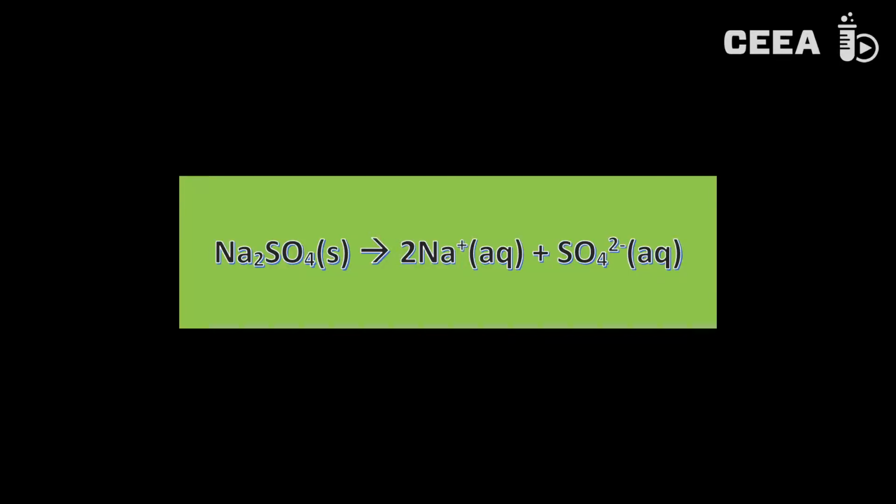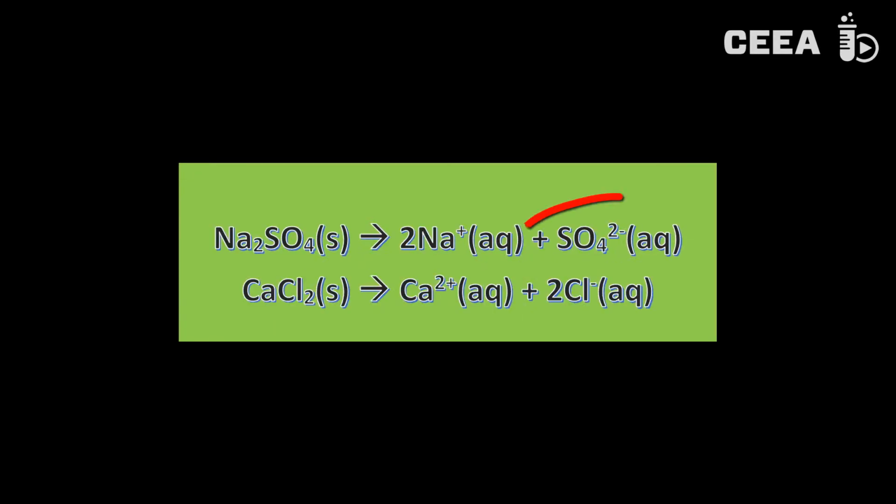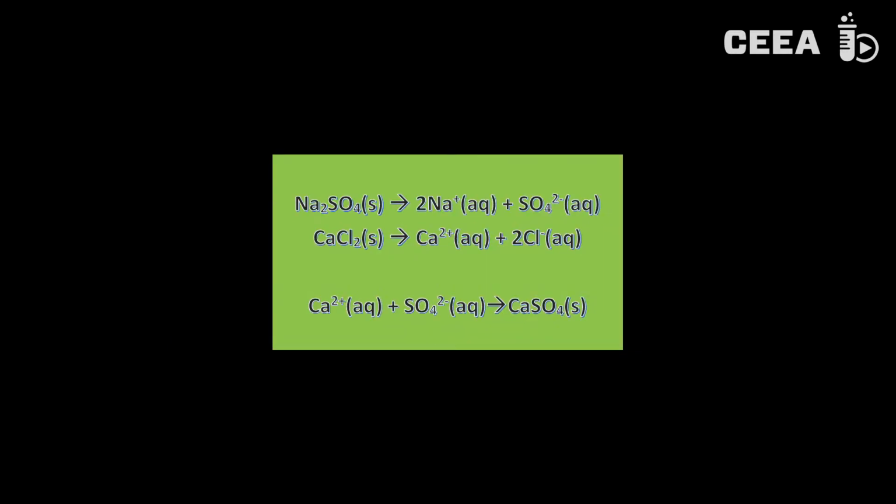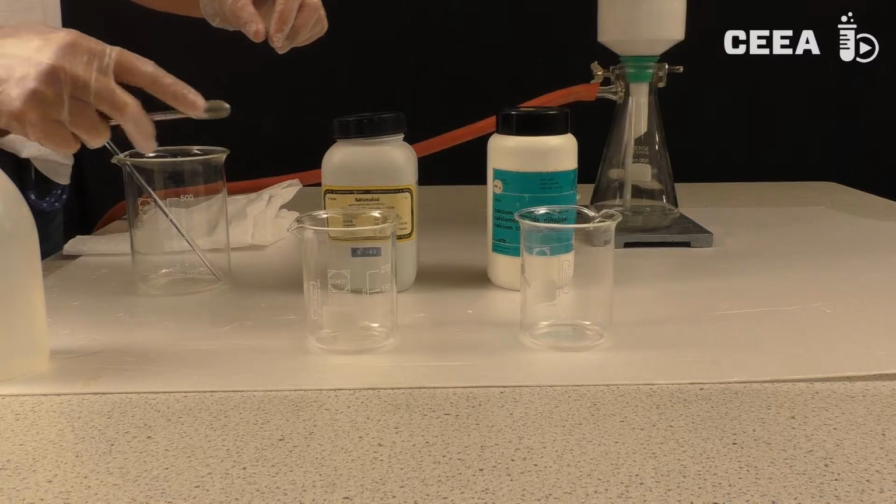So sodium sulfate provides the sulfate ions and calcium chloride provides the calcium ions. Let us make solutions of both salts, and when we mix the solutions, the calcium and sulfate ions will meet and precipitate. What we finally get is a suspension of calcium sulfate in water that can easily be separated by filtration. We have a plan now, but it's time to go to work because all this talking won't give us